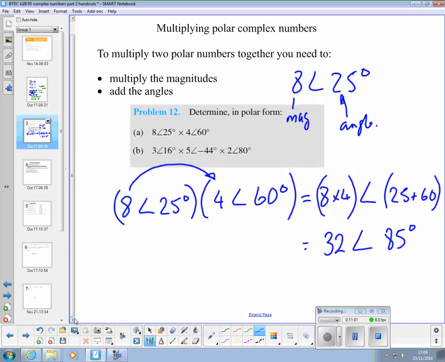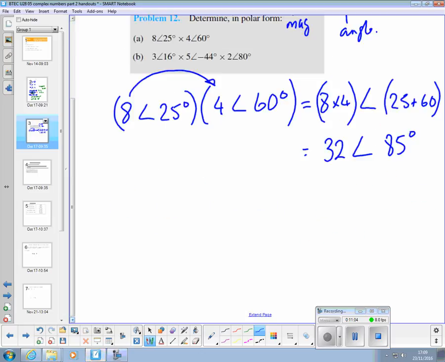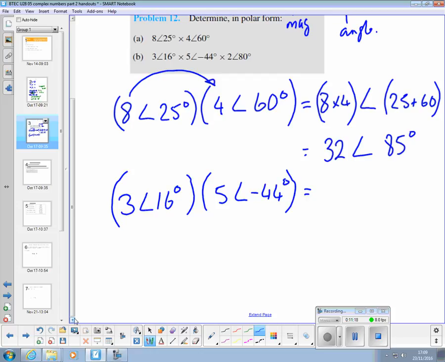Second example, 3 angle 16 degrees times 5 angle minus 44 degrees equals... 3 times 5 is